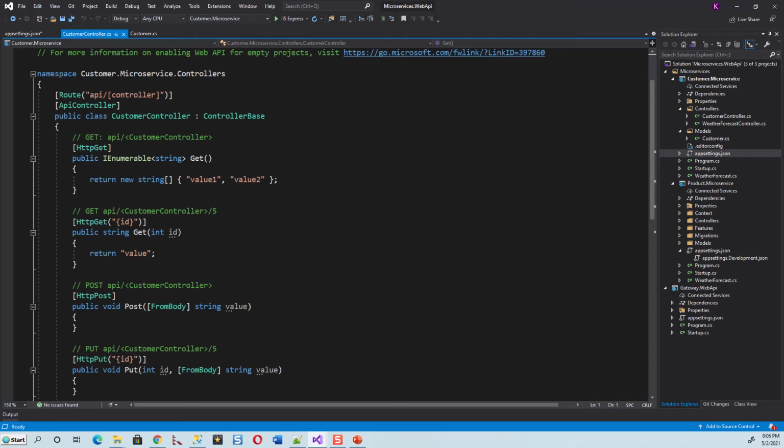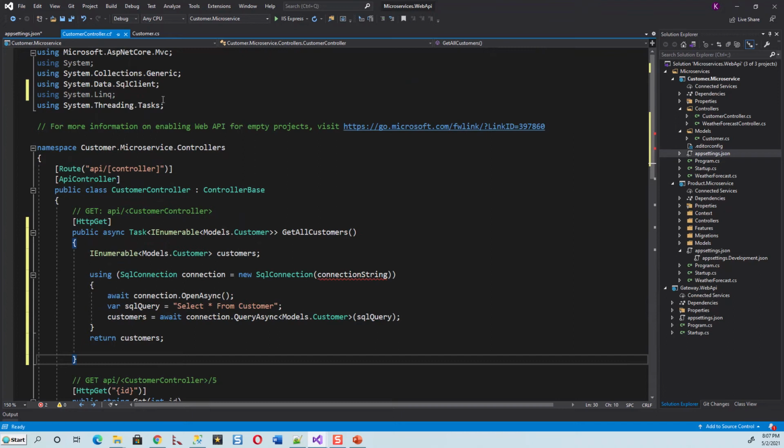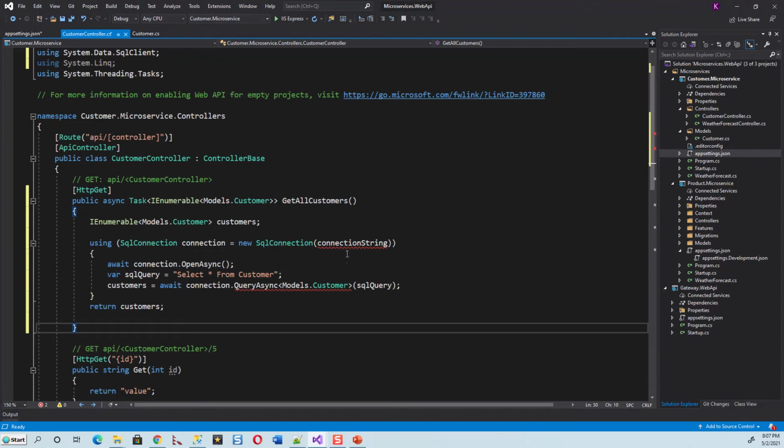Now for getting the data from the database table, I'll paste the following code in here. It's just how to get all the customers. Okay, so SQL connection, I'll have to use a potential fix using System.Data.SqlClient. So now this has been fixed by this using statement, and this is the connection string. It will come from